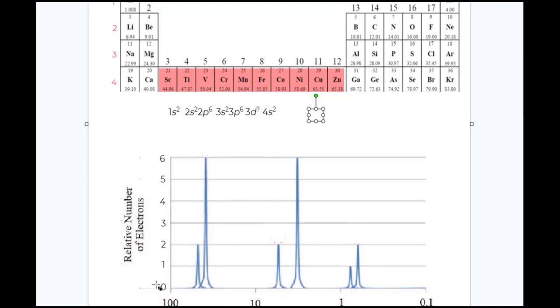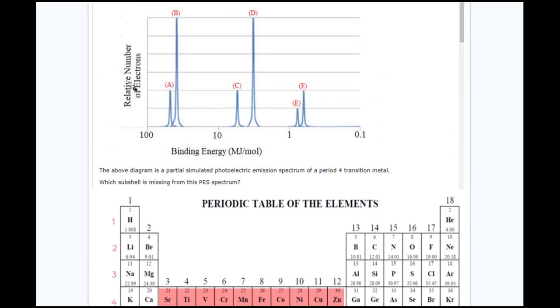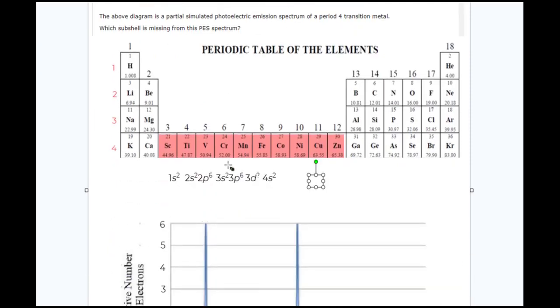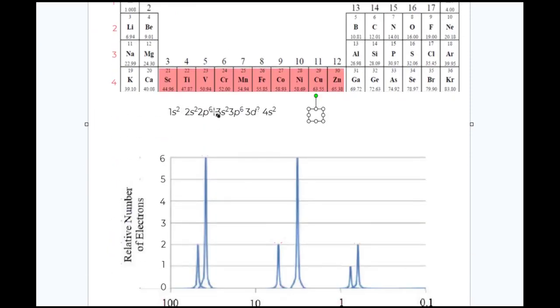Well, let's look. They didn't have it on the example here, they said relative numbers of electrons, but we know this is going to be 0. If these are our electron configuration numbers, you'd say, okay, well, we've got 2, and then all the way up to 6. So if you've got a 2s2p6, you'd have one that's 2 and then 6. The height is the number of electrons. And with this, I think you can see we would have a 2s2 2p6,